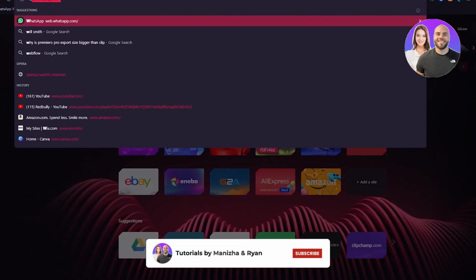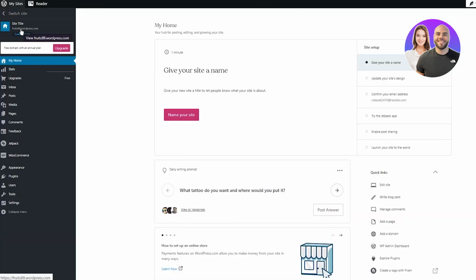So if I were to go on my WordPress website, it opens the dashboard and it's going to give you your main WordPress domain. Make sure you have a domain. If you don't have a domain, it won't really work for you. Nothing will really happen. So once you, wait, I'm going to copy my domain. Okay. Now, once you have copied your WordPress domain, what you're going to do is, there we go,